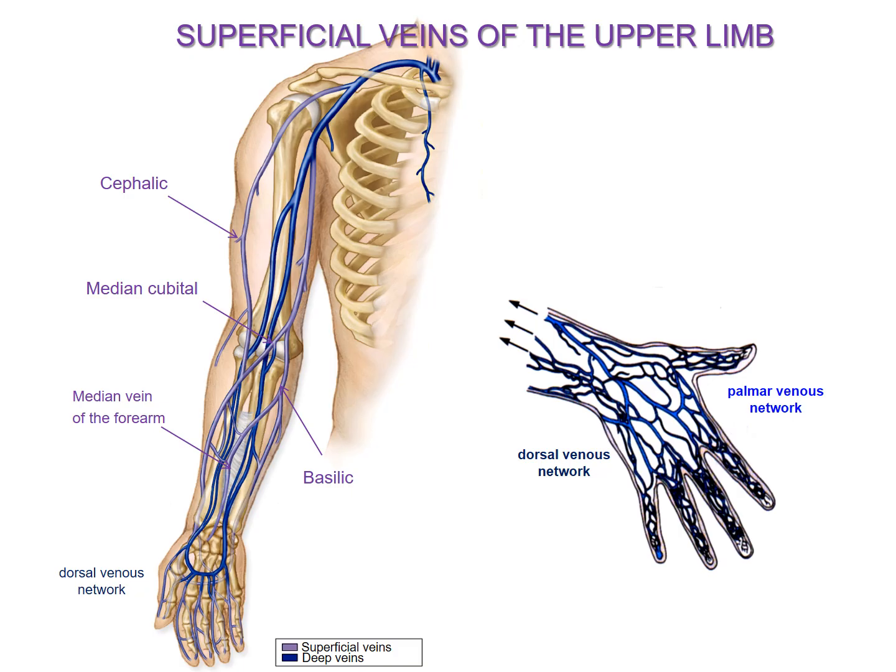Superficial veins of the upper limb are the cephalic vein, basilic vein, median cubital vein, and median vein of the forearm. The cephalic vein, or in Latin vena cephalica, arises from the lateral side of the dorsal venous network of the hand, ascends on the radial side of the forearm to the elbow, and then on the lateral side of the biceps, continues up the arm in the deltopectoral groove, and then to the infraclavicular fossa, where it pierces the clavipectoral fascia